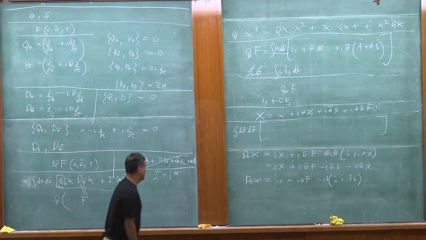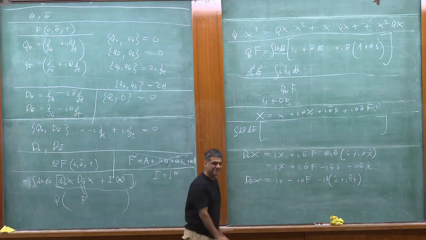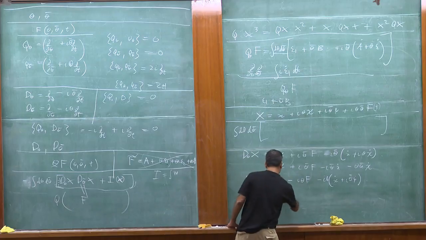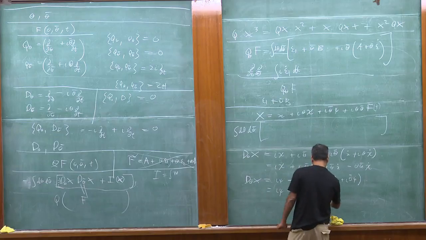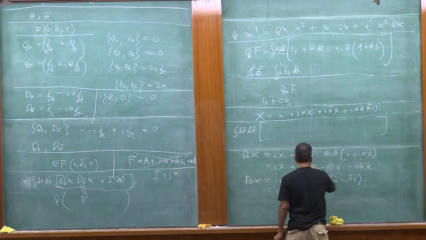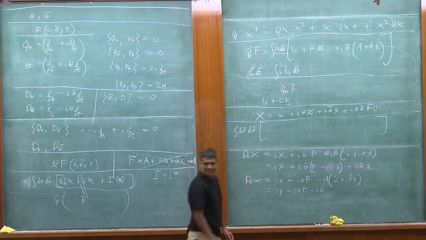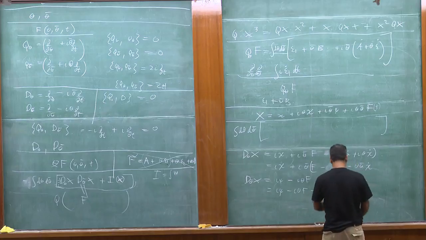Okay? And then please correct me if there's any mistake. Which is equal to i psi minus i theta f minus, I'm sorry, here I should have grouped. So this is i f minus x dot. And here I get minus i